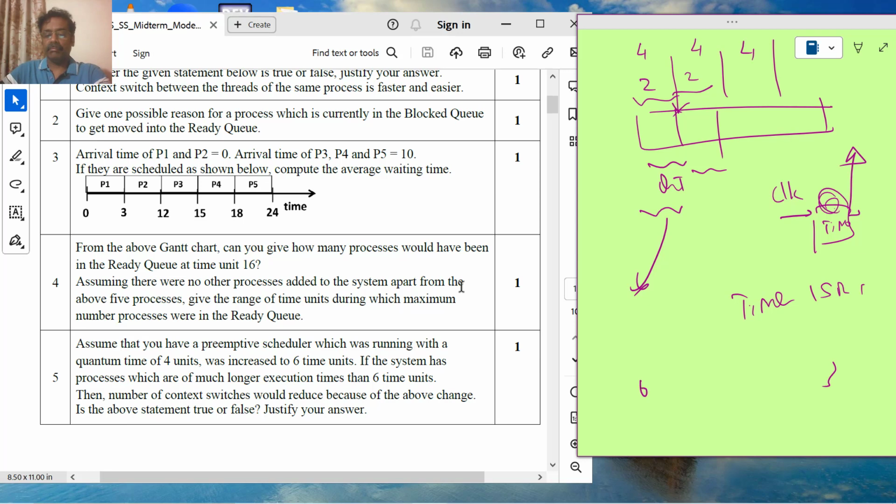I make it into 6 time units. That means every 6 time units I am going to pull out the process which is running on the CPU. Now, assuming that I was running the preemptive scheduler with 4 time units, which I increased to 6 time units, if the system has processes of much longer execution time than 6 time units,